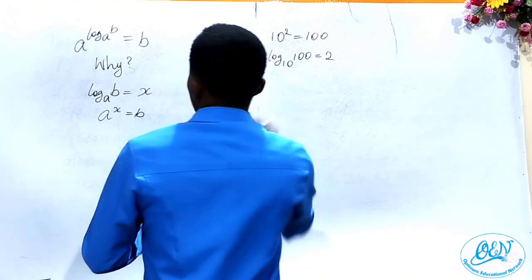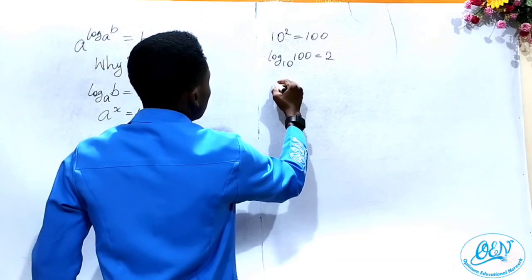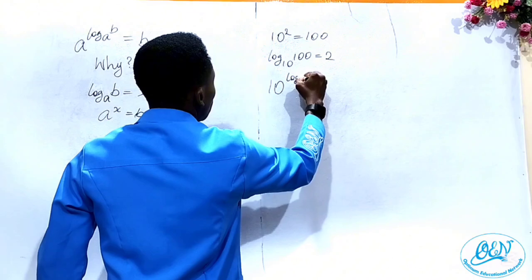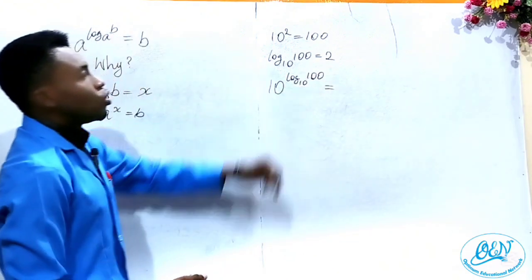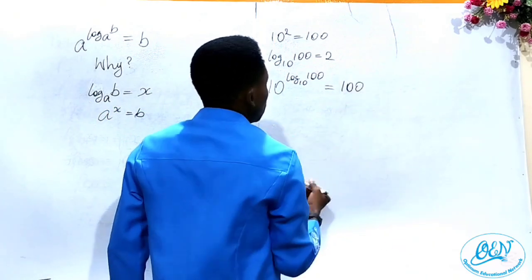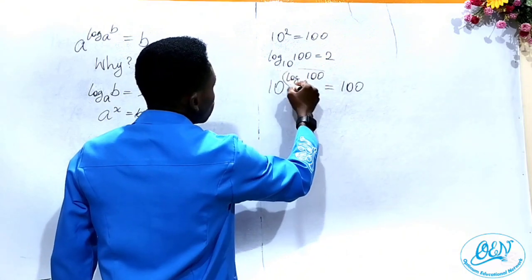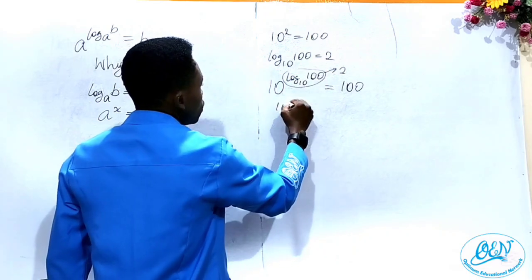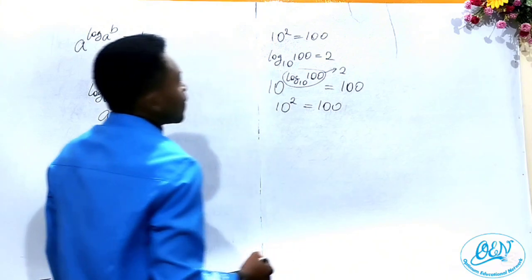Now, if we want to write this in this form, we can write, say, 10 raised to the power log to base 10 of 100. Now, what is this going to give us? It's going to give us 100, because we already know that this whole thing is equal to 2 from here. So 10 raised to the power 2 is equal to 100. In the same way,